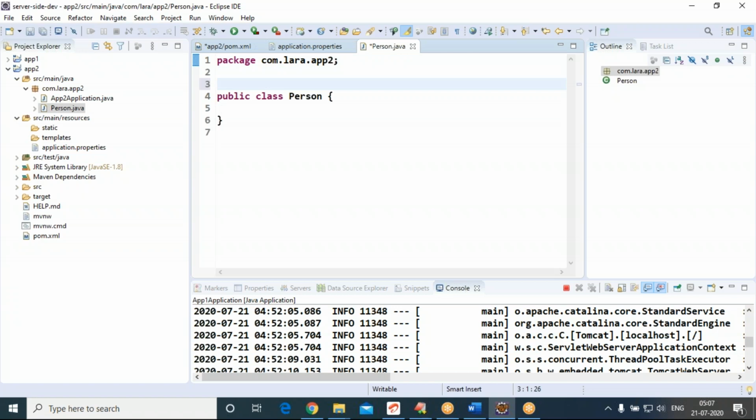This Person class should be an entity type. On top of the Person class, @Entity.